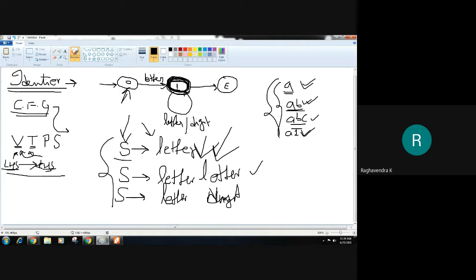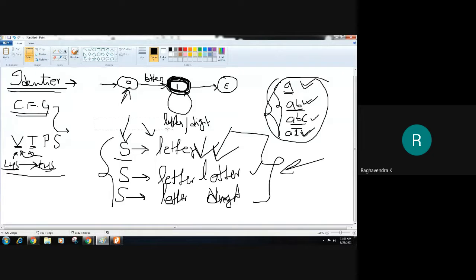This is how we start to write the context-free grammar. But as I said, this does not generalize all the input. It only considers these three inputs. So how do we write a grammar that can actually generalize?